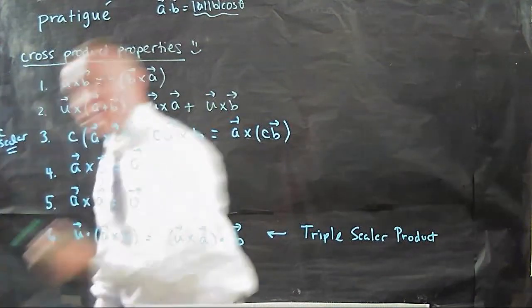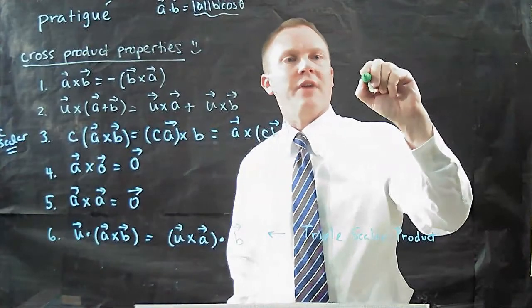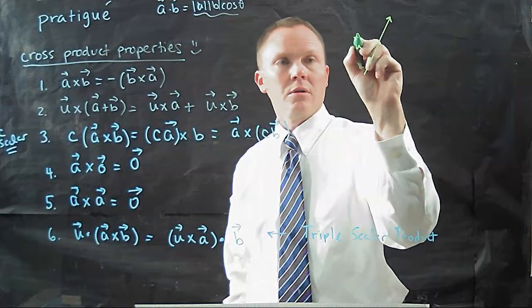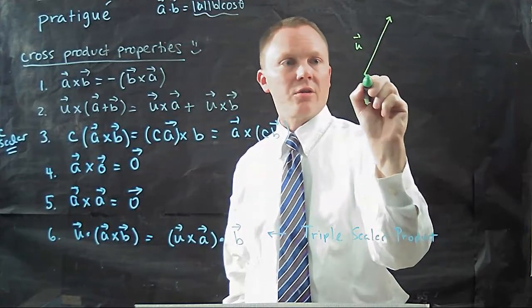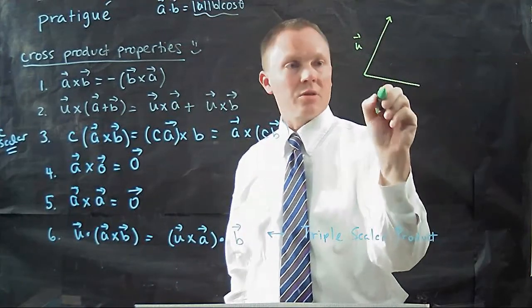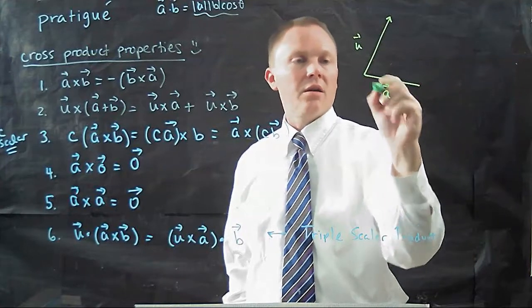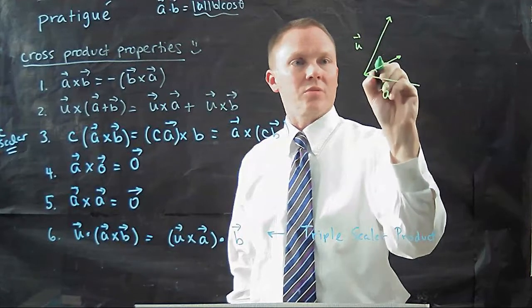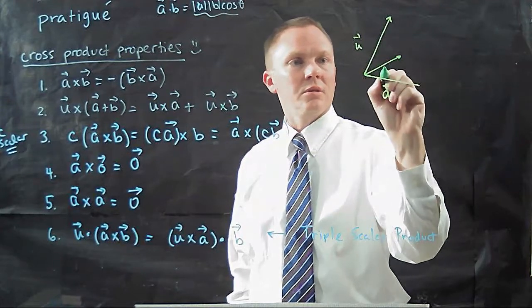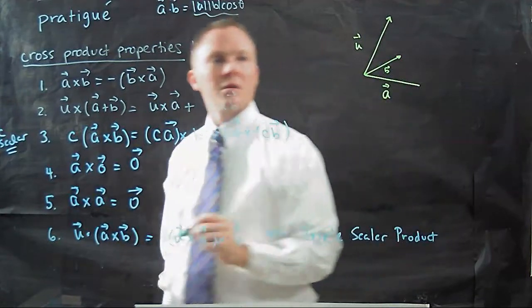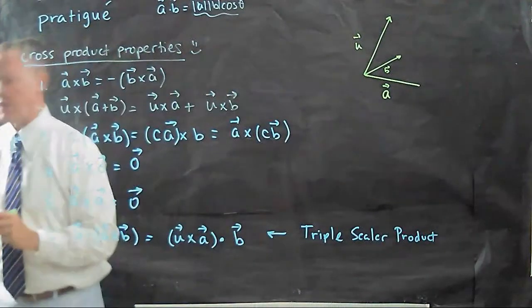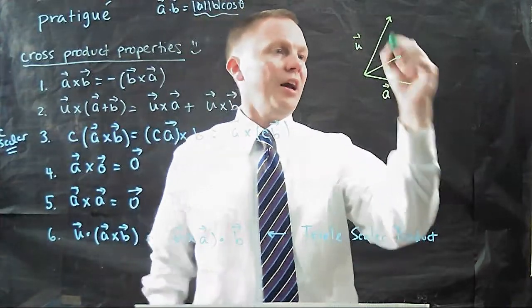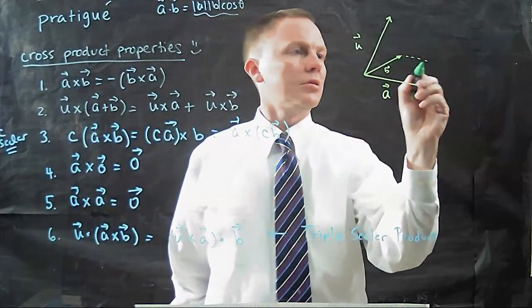Let's say I've got a vector U, and another vector here, vector A, and now a third vector here, vector B. Okay, so you've got those three vectors. Well, if I do some